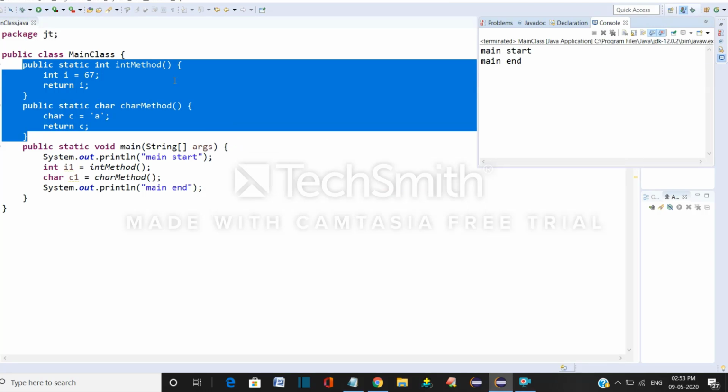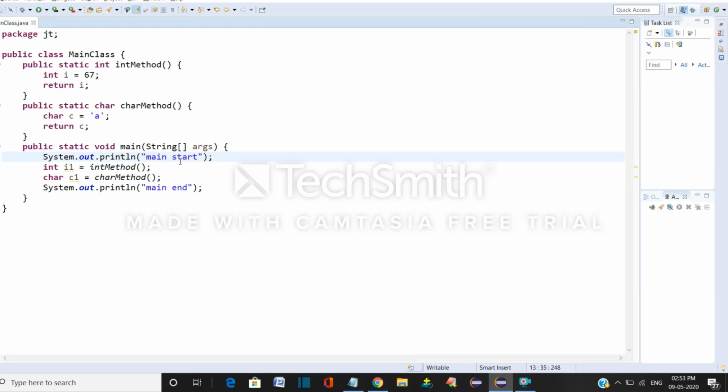Now why are the values still not printing? Because we haven't kept them inside System.out.println. It means after storing the values, you have to keep them inside this statement in order to print.